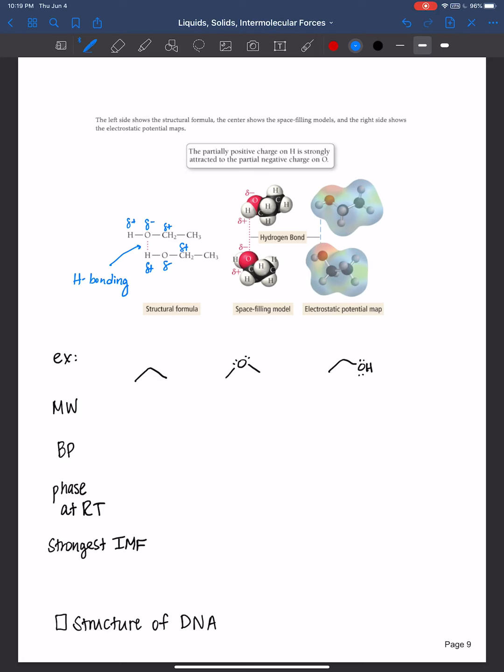And just be careful. I've seen students want to draw solid lines, or students will say, oh, it has an OH bond, and therefore that's the hydrogen bond. No, that hydrogen bonding is the interaction. It needs to be that dot, dot, dot between two or more molecules. And you can see it in the space filling model here. It's showing the partial negative of this oxygen really interacting with the partial positive of that hydrogen. And then the electrostatic potential maps once again, the very red oxygen really interacting with the blue partial positive hydrogen